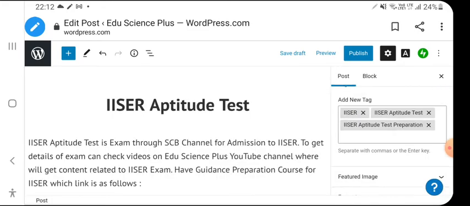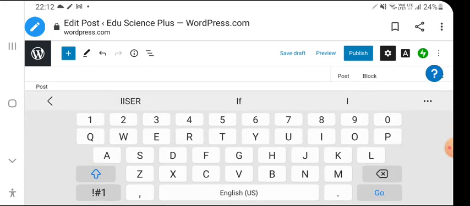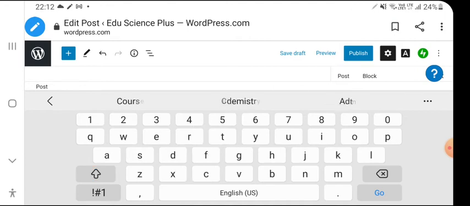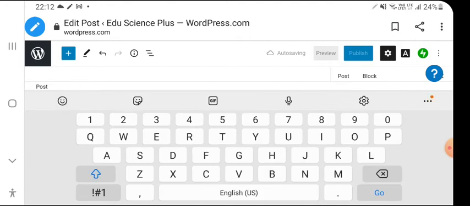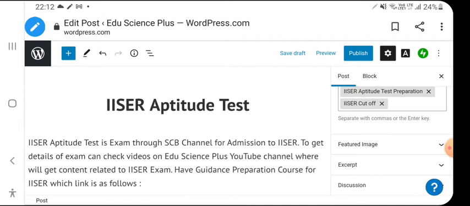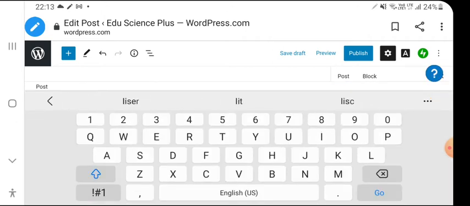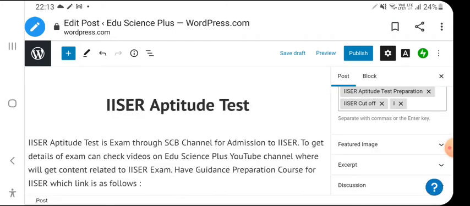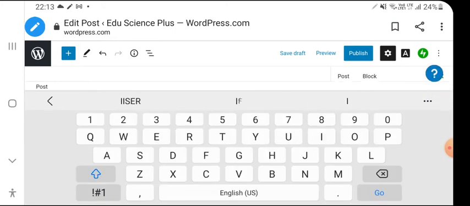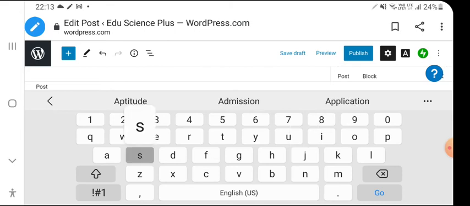Now ISER cutoff. ISER answer key 2021. We can keep it like this.